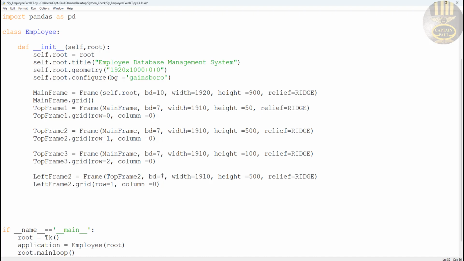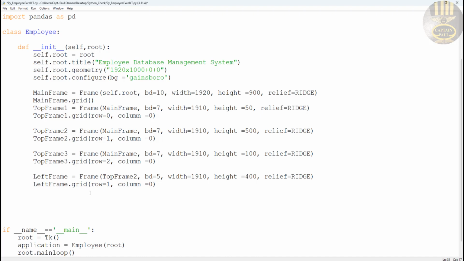Okay, so we change this to about 5. The width remains the same. The height, I can make that maybe about 400. Then maybe get some pattern in place, or just leave that for now. As left frame, I'll take that off. Okay,